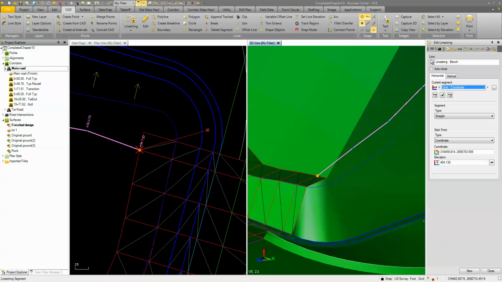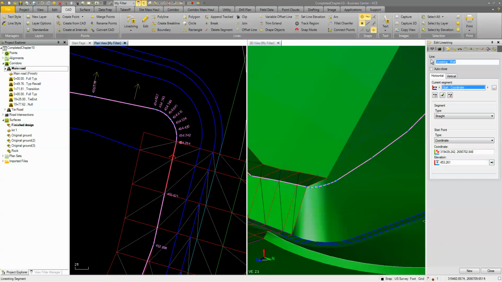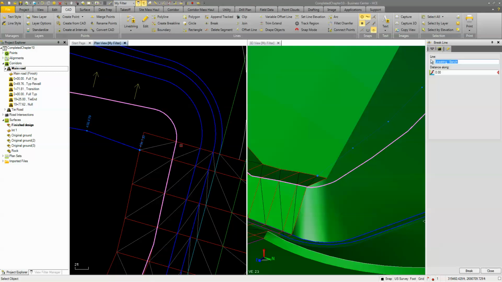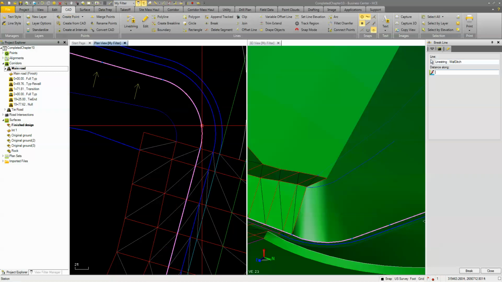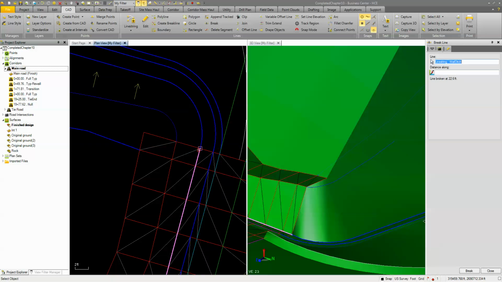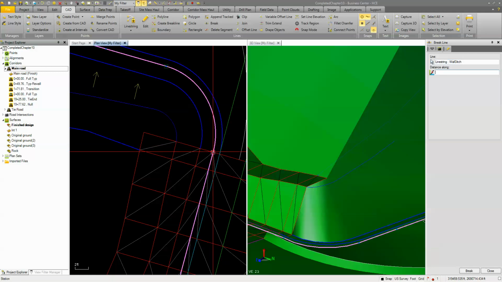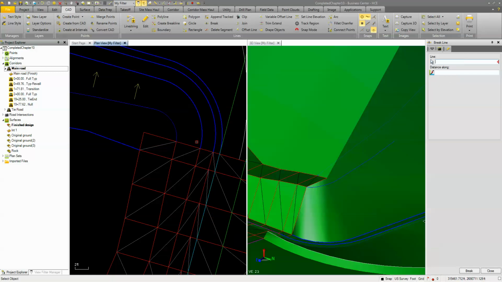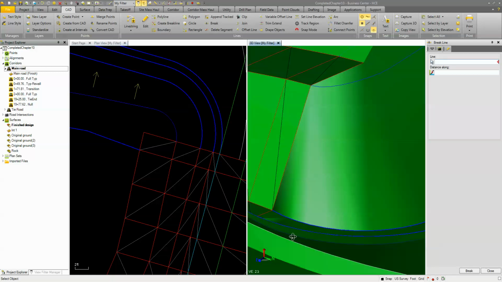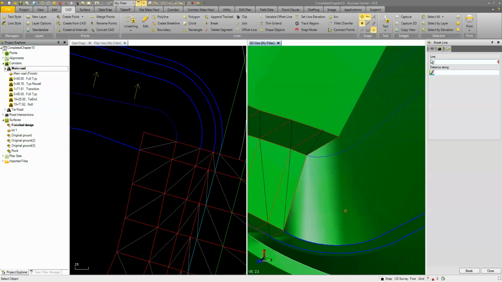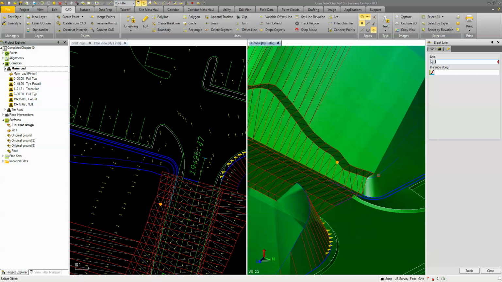We can leave this line, so let's just go ahead and take this, we will break it at this spot right there. We'll delete that. Same thing here, we'll take this, break it there, delete that, pick this, delete that. So now we're just tying in those pieces there. All right, so let's see what this looks like